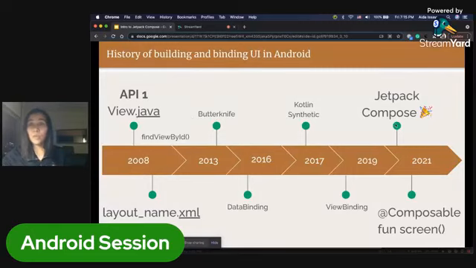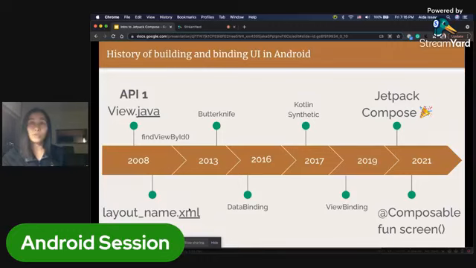And then now, in 2020, 2021, Jetpack Compose came out. And Jetpack Compose, unlike all other precedents, does not need to go to XML, because you're going to be building the layout programmatically in one file or in multiple files. The idea is it's still going to be within the Kotlin language. There is no need to interact with the XML language. To give you an example of how